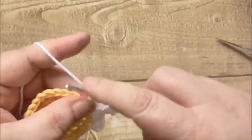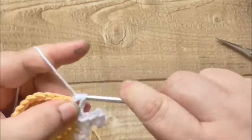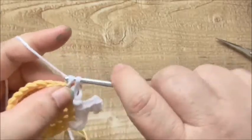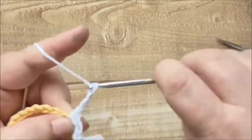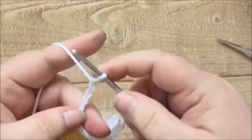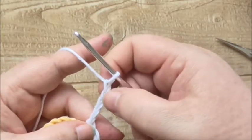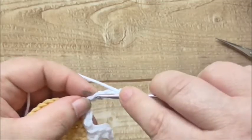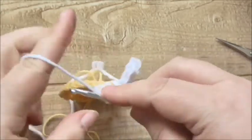Chain 1, a single crochet in the next, and a single crochet in the next. And now you do your chain 5 again. 1, 2, 3, 4, 5. And you come back down to your 4th chain from your hook. 1, 2, 3, 4. You pop your needle into that 4th stitch, grab some yarn and pull it through, do